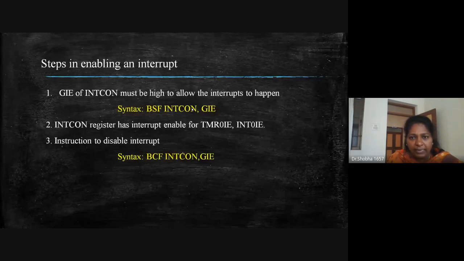So this is to enable all the interrupts. Suppose I want to disable all the interrupts, what should I do? So the second format is given, it is BCF. The first one is bit set, next one is bit clear. Okay, so next step, I want you to tell me. Now I want to use timer zero interrupt. Okay, so in this INTCON register, what should I do to use timer zero interrupt? Can you type that? I'll give you the format. Yeah, this is the format.